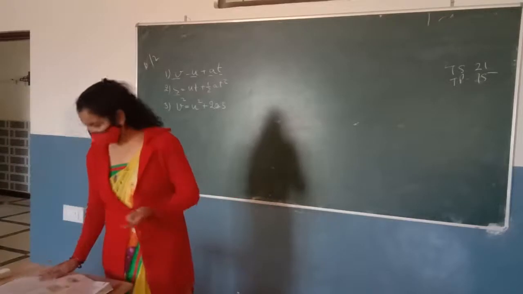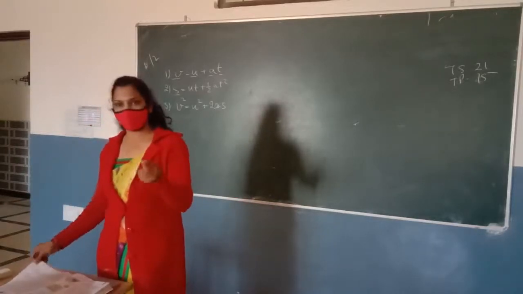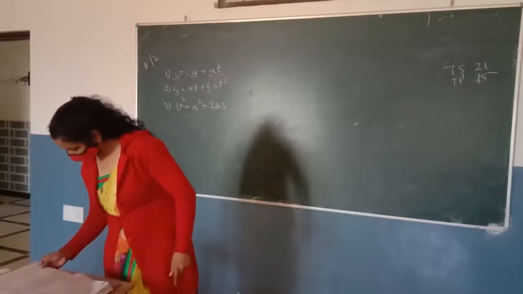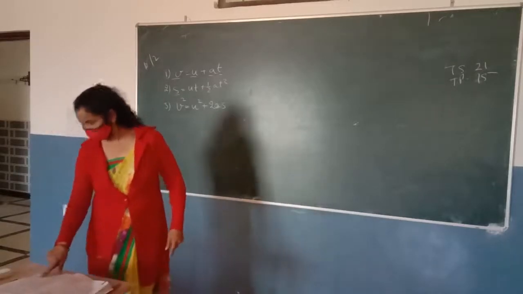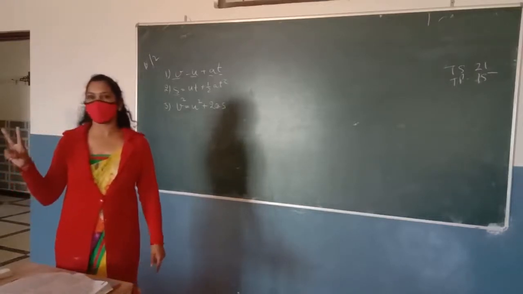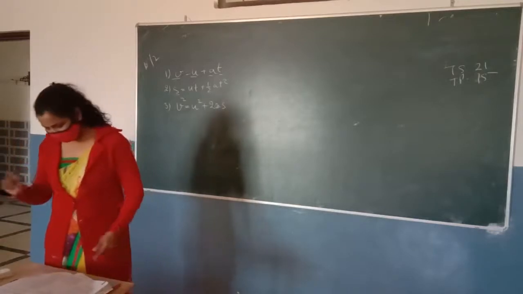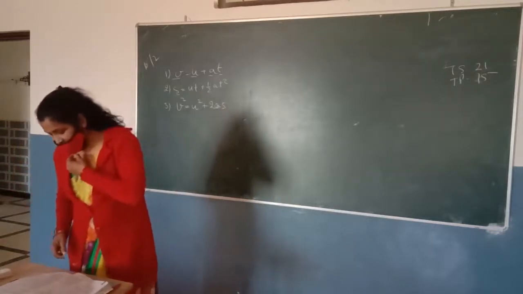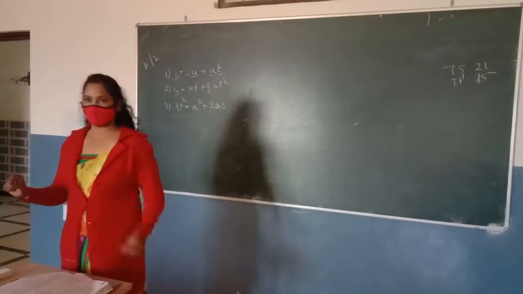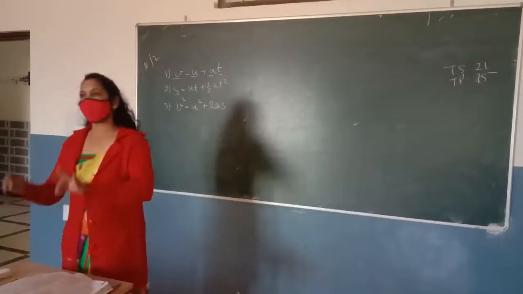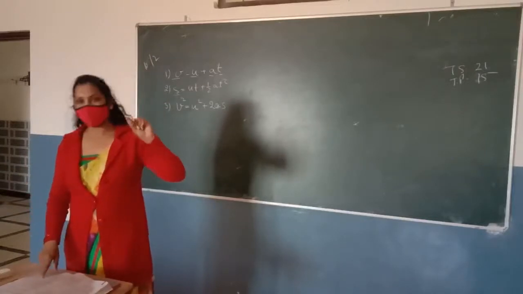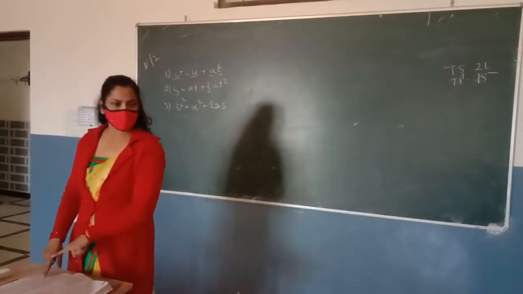If you have any doubt from the chapter, you can ask a particular question, otherwise I am going to explain the questions. This question is from page number 103, the blue color question second. A bus decreases its speed from 80 km per hour to 60 km per hour in 5 seconds. If you know what values are given in the question, you can explain to me. Otherwise, I am going to explain.